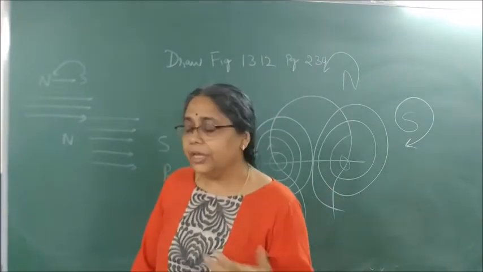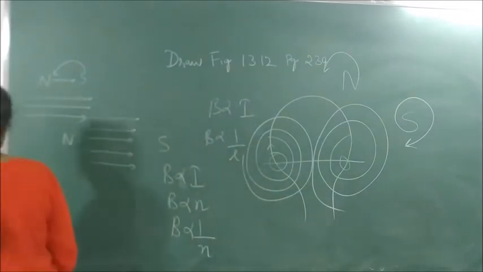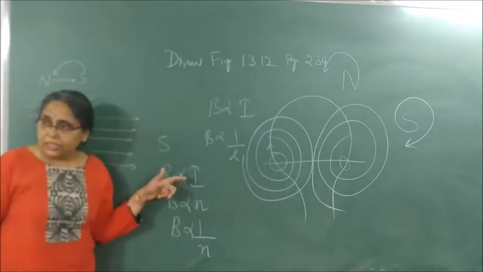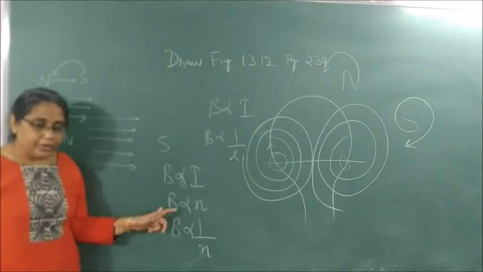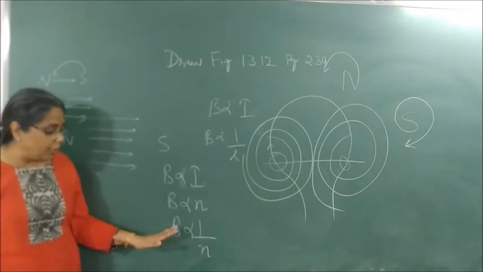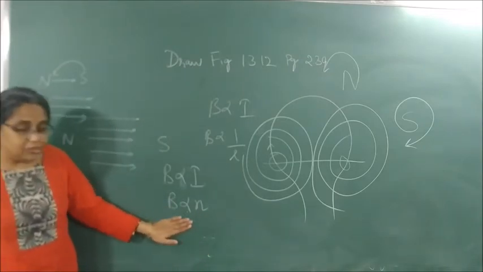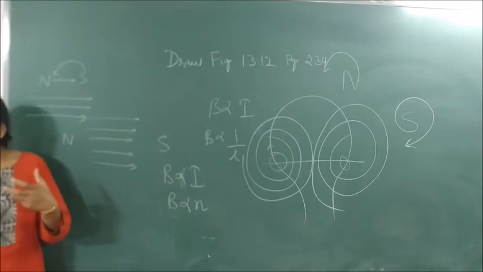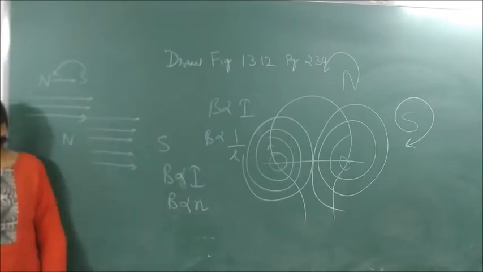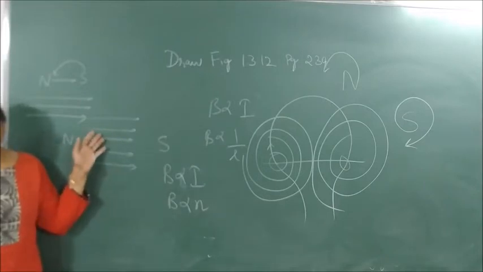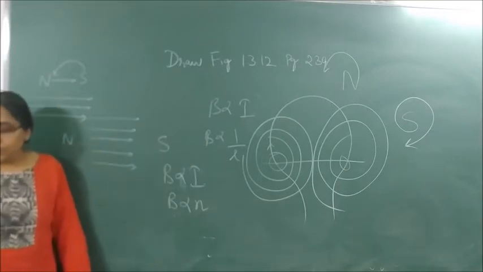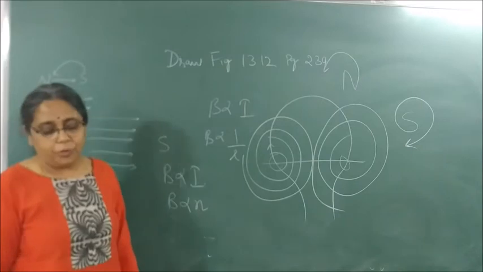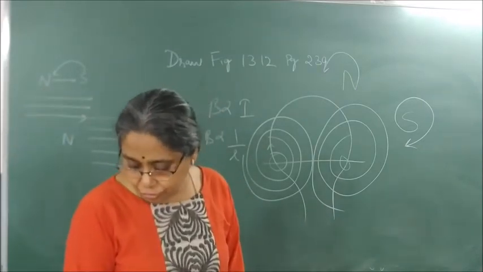How do I increase the magnetic field in a solenoid? By increasing the current, by increasing the number of turns of the copper wire, and it depends on what? The nature of material. If I use a conducting material, then this solenoid will be called as what magnet? Electromagnet, such as the soft iron core. Correct? Now please write in your textbook uses of electromagnet.